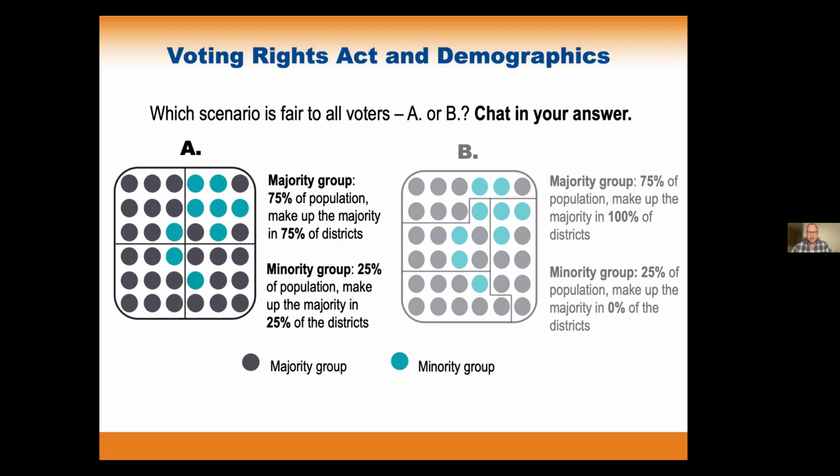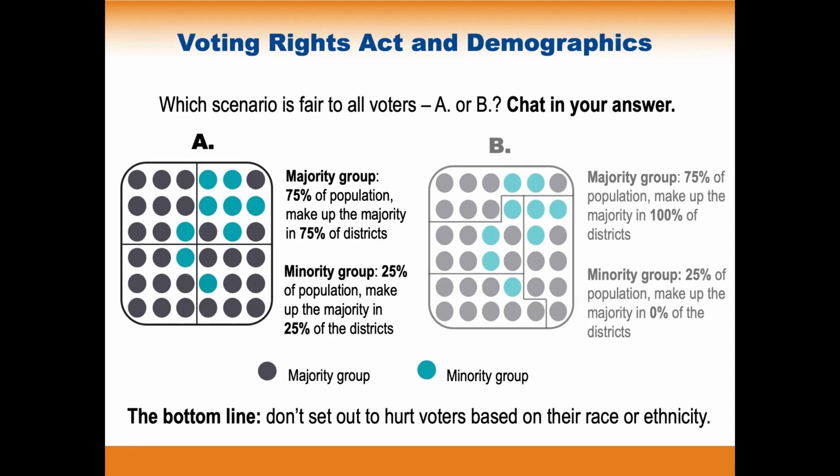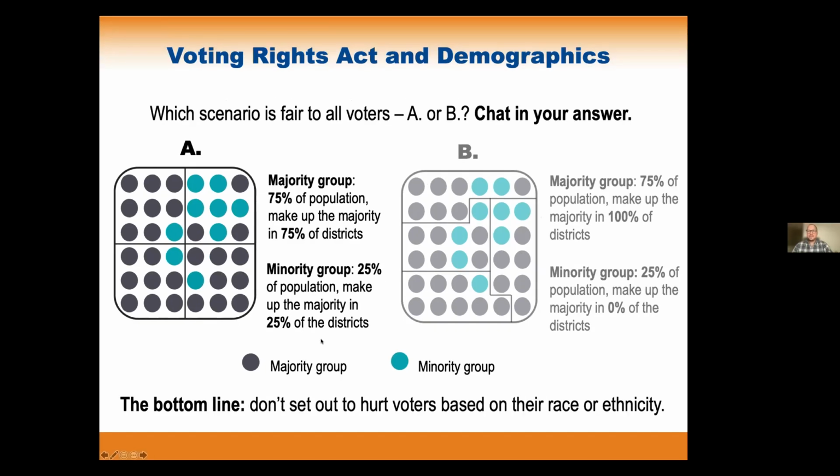And I'm actually going to invite my colleague Ben Maloney from Flow Analytics to share a little bit more about this slide. Yeah, actually, Joe said it really, really well. What we're actively trying to do is avoid what's happening in the B scenario, where we have that vote dilution, where that minority group is effectively silenced by the way that the districts are cut up. So we're trying to pay attention to the 14th Amendment that prohibits the use of race and ethnicity to draw these boundaries, but at the same time, we do